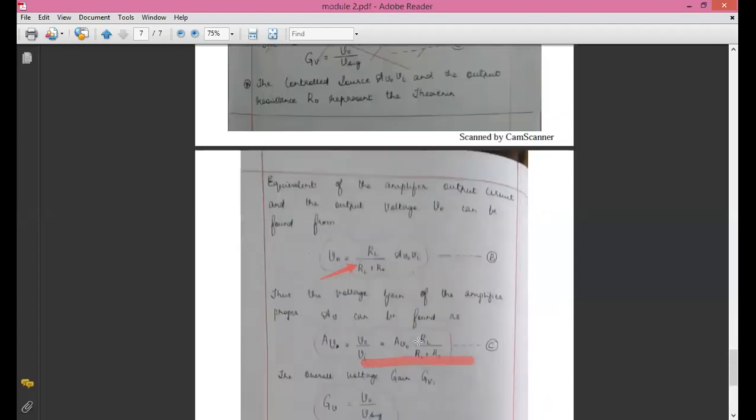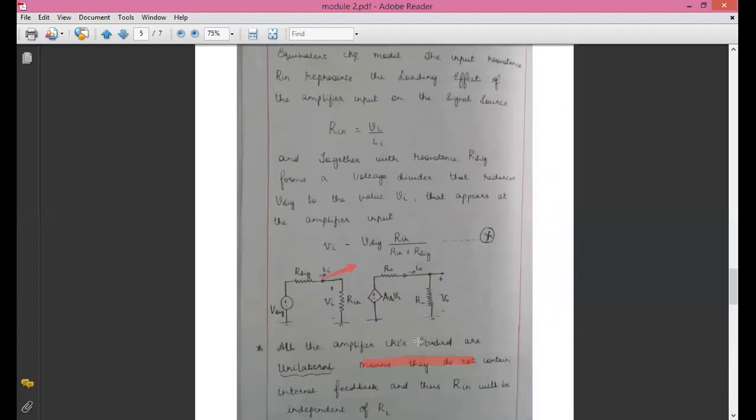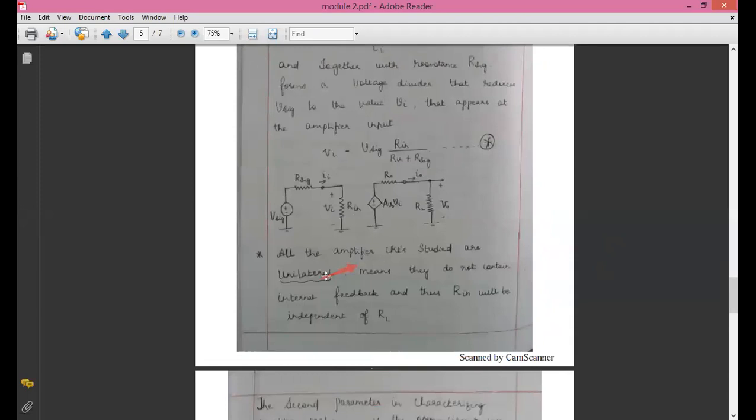What we have to do? Look at the equivalent circuit here. You have the output port and this is the input port. Output port gain into input port gain. You have to multiply these two gains. Output port gain is this one, and this is the input port gain we obtained here. So in order to first find the output port gain, you have to first find the equation for V naught.